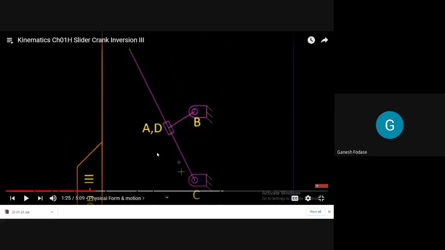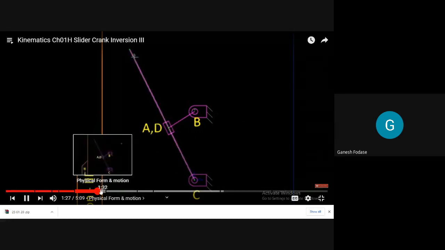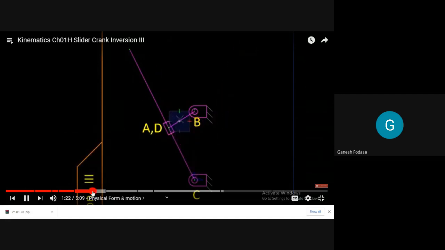All of you observe the motion of the slider. How the slider is reciprocating as well as rotating along with the crank. Are you getting it? Yes, sir. The slider is reciprocating over this frame. At the same time, it rotates with the crank. You observe it again. See the slider motion.